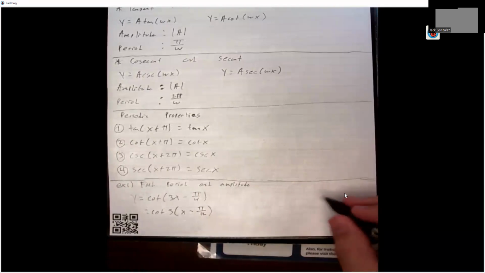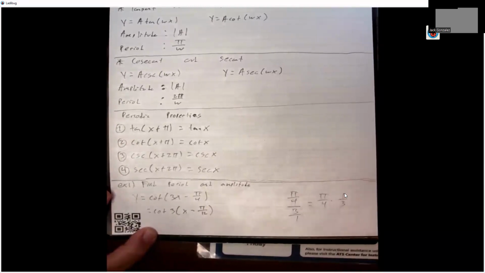When you divide a fraction by 3, you're actually multiplying by a third. So pi over 4 times a third would be pi over 12. That's a quick side note. I'm sure you're all proficient at fractions, but just in case. This is what's happening in the background, right? Anyway,